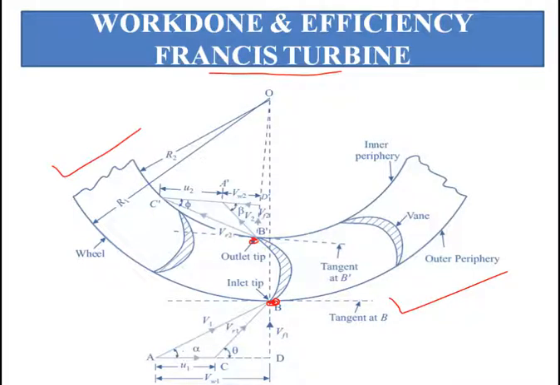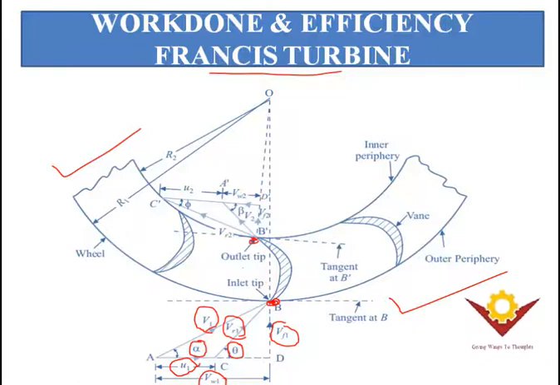Here we have the absolute velocity, which is the velocity of the jet. This is the velocity of the blade, and here the relative velocity. And this is the angle of the jet. This is the angle of the blade, the whirl velocity, and this is the flow velocity. We've seen all these in the previous sessions. You can go through that. And these are the outlet triangles of your radial turbines.